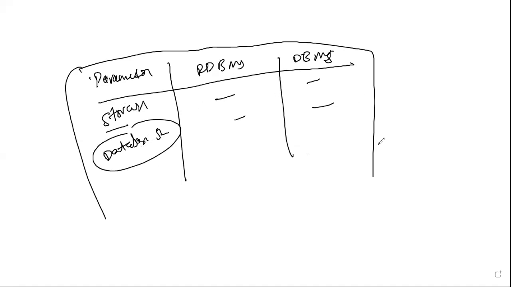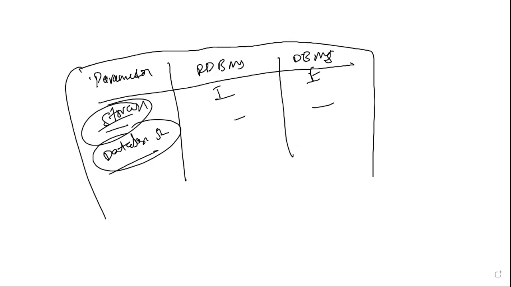If we write individually, it will take a lot of space, right? That's why we have done it in a table like this. So for storage, RDBMS stores data in a tabular format, while DBMS stores it in the file system, correct? Now we come to the second thing, which is called database structure. Shall I start with the point? Yes. So write down